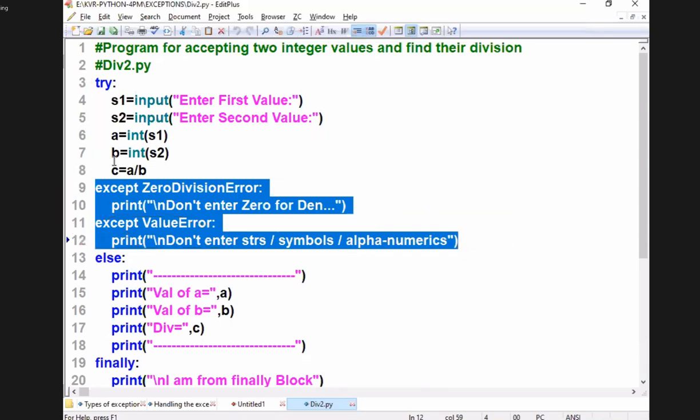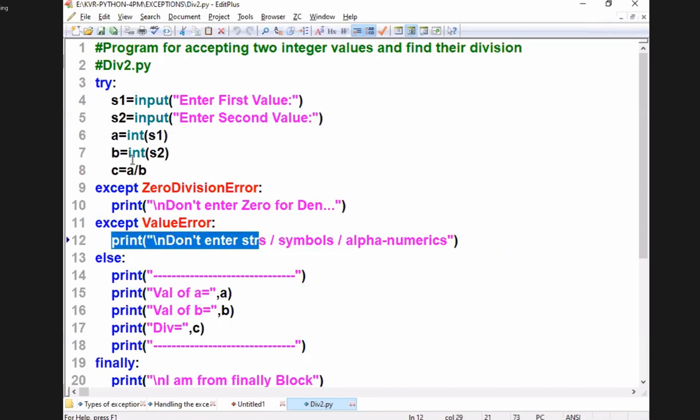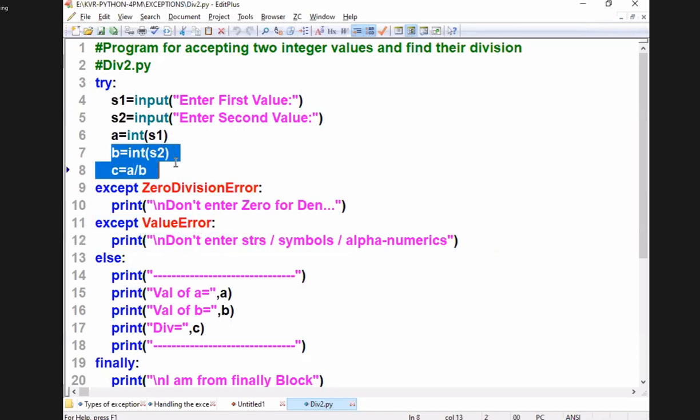People will ask a question: after executing ValueError at line number 12, is it going back to execute the rest of the statements?